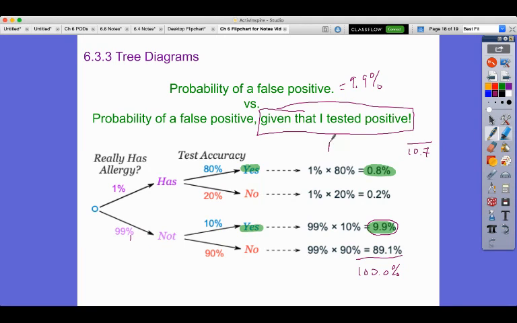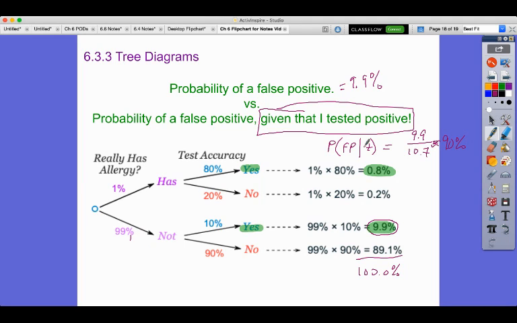So probability of false positive given positive. So 10.7% were the positives, and what's the probability that I got a false positive? 9.9 out of 10.7, which is about a 90% chance,